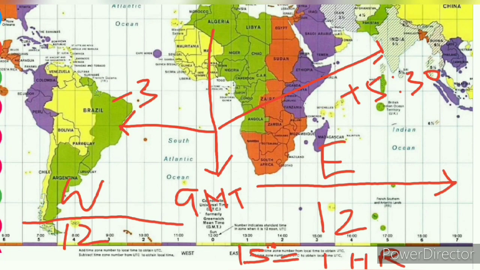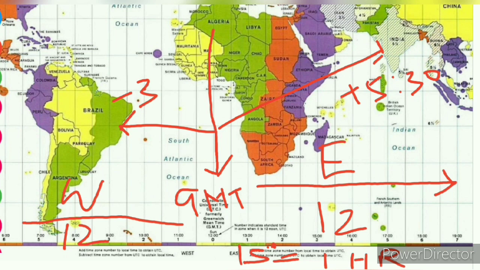In the middle you can see GMT, which is called Greenwich Mean Time. It is an imaginary line which passes through London. On the basis of this GMT, we have divided the world into 24 different time zones: 12 time zones ahead of GMT, on the eastern side, and 12 different time zones on the western side, which is behind GMT. Each time zone has a 15-degree distance, and 15 degrees is equal to 1 hour.